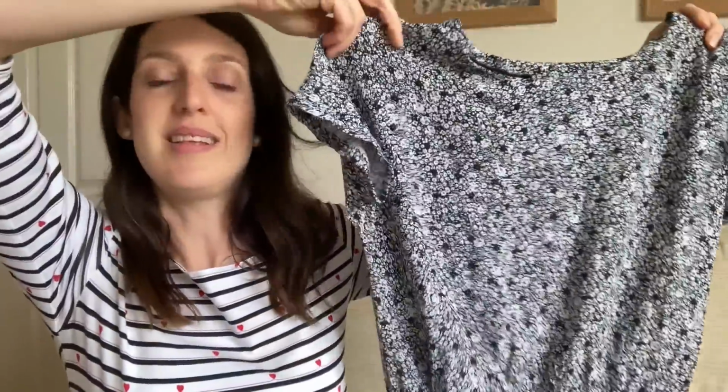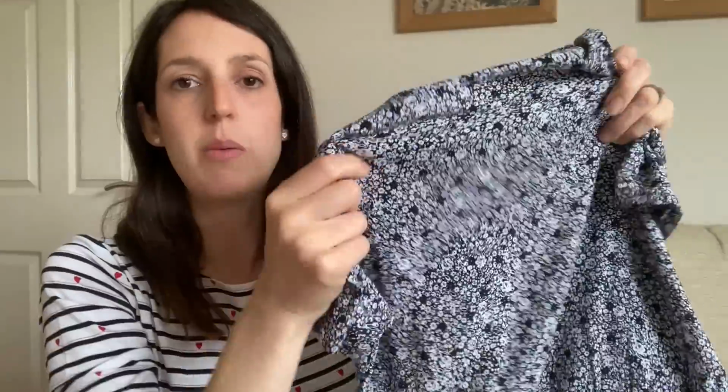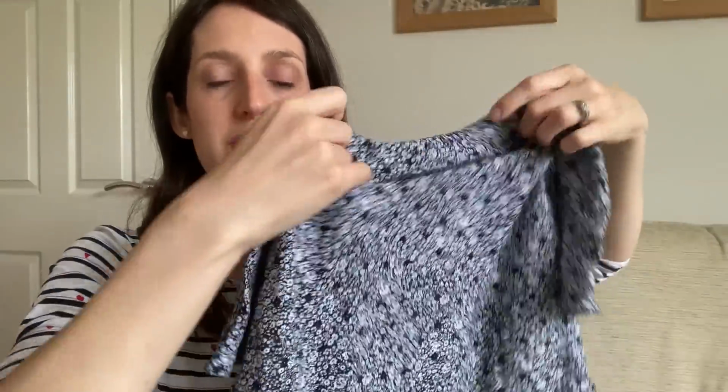But yeah, I made mine in this really lovely viscose fabric. It's quite a nice lightweight viscose fabric, but it was really nice to sew with actually, and fairly stable for viscose. And it's got this little floral print on it, sort of monochromatic. Yeah, so this is my version, and it's got the gathered waist there, and I didn't add patch pockets,